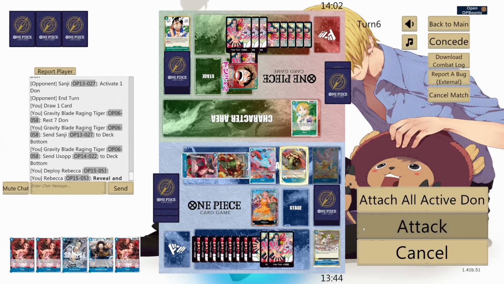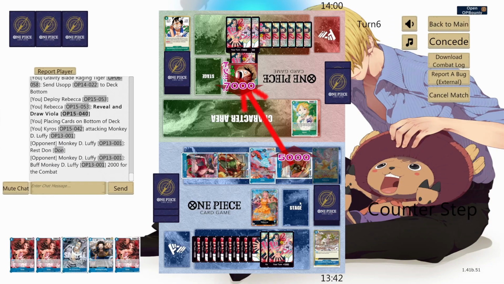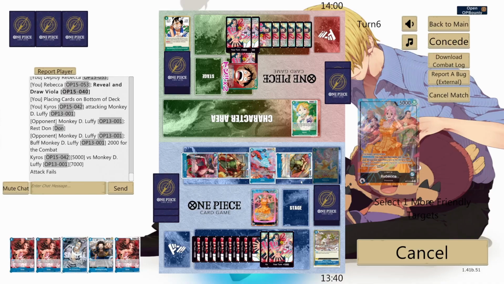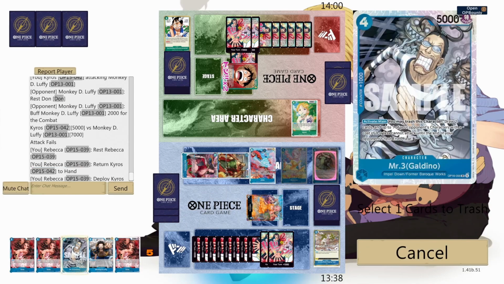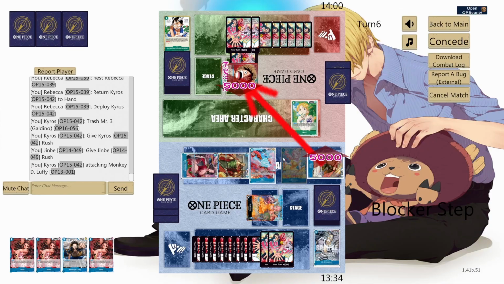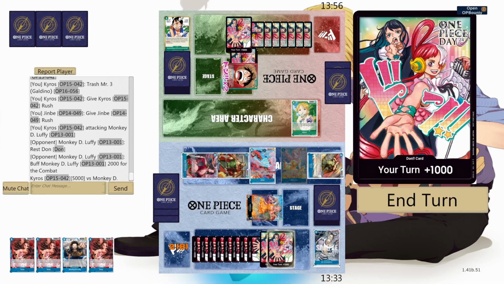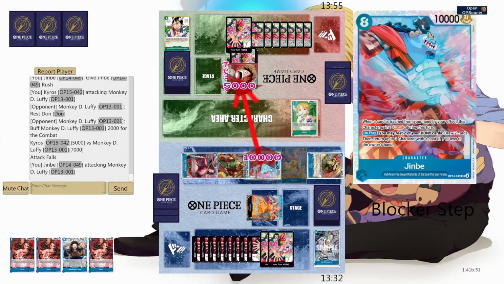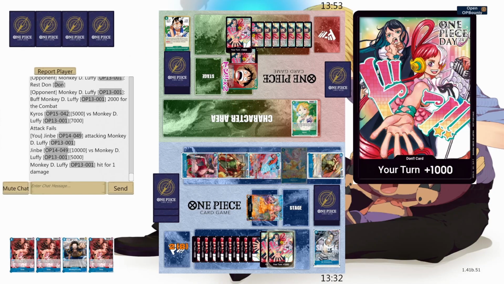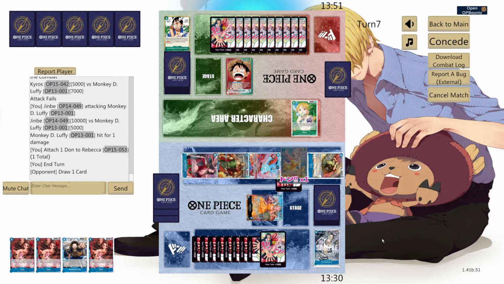He's got 3 done up. I swing 5 at lead, see what he does, okay. And then Kiros. I think it was a mistake to give it Rush, because I could have just swung 10 at lead and then gotten the life anyway, and I could have kept that Gaudino in hand, and also kept the Kiros active in the case of a Luna. So that was a play mistake,